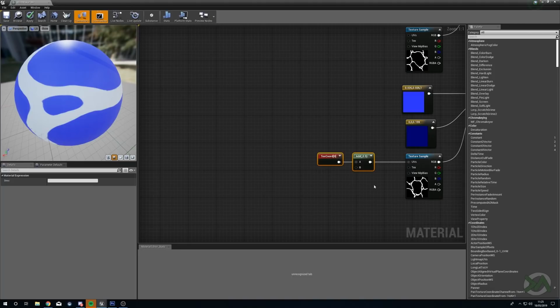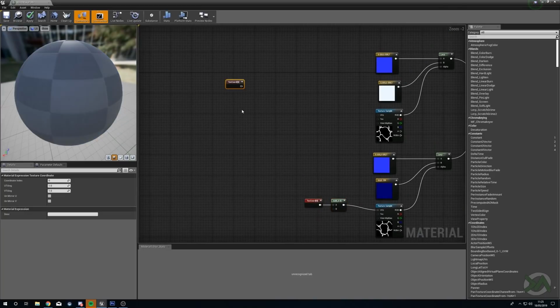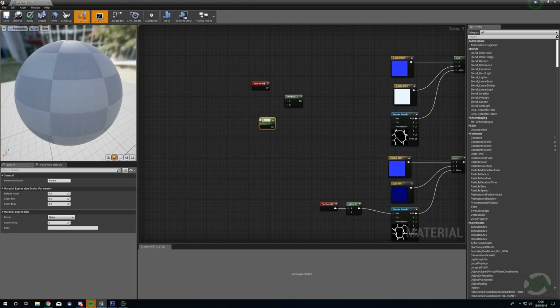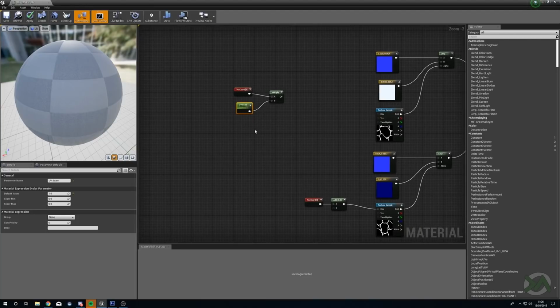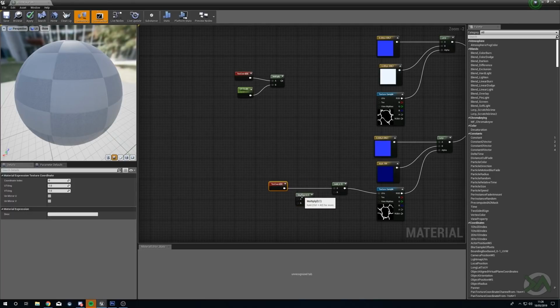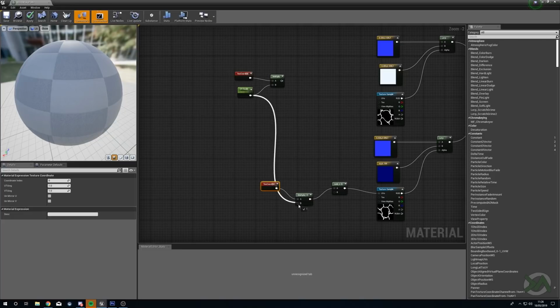The first thing that we're going to do is create a way to increase the scale of our texture. To do this, we're going to hold U and left click for another texture coordinate. We're going to hold M and left click for a multiply node. Then we'll hold S and left click for a scalar, and we'll call this UV scale. We'll give this a default value of 1, and we will plug our UV scale into the multiply for the texture coordinate. Then we'll hold M and left click for another multiply, which we'll put in before our add here,